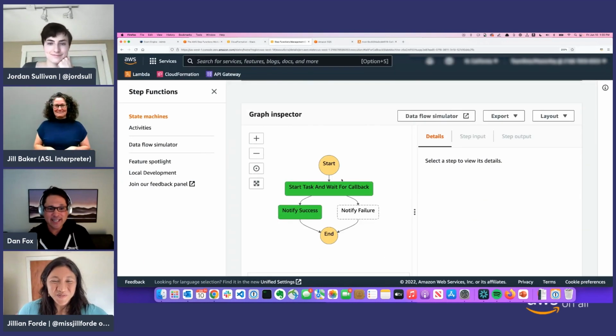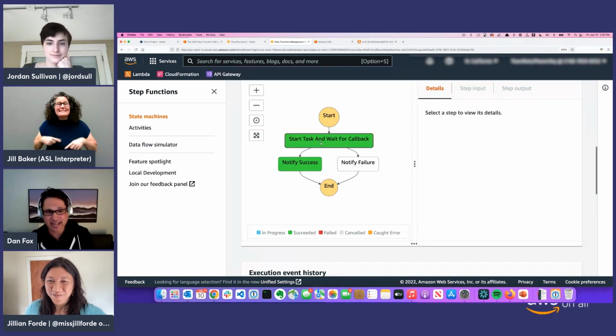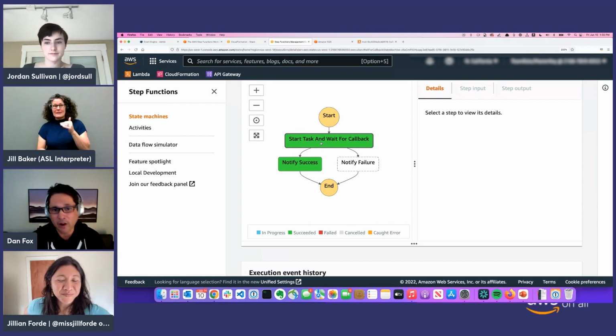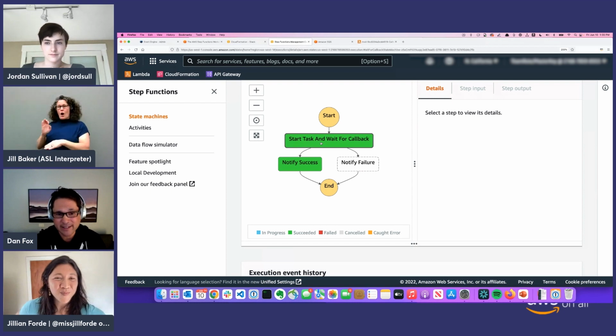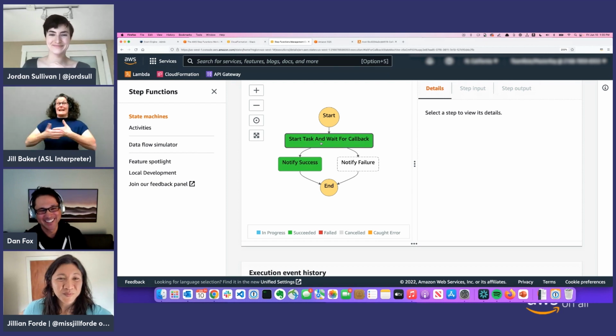So as you can see, we got to green here. Green means that we have successfully passed a state. So the circuit is completed, and visually we can see there's an indicator that the callback is completed. We got notified of success, and now we're ready to move on to the next module.